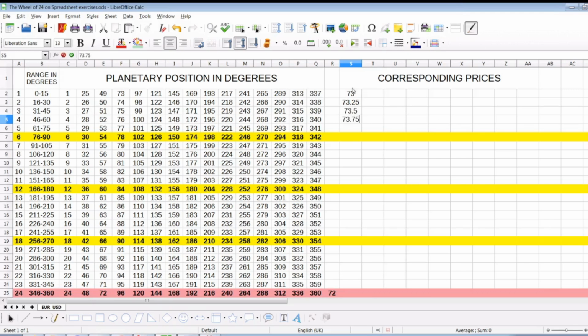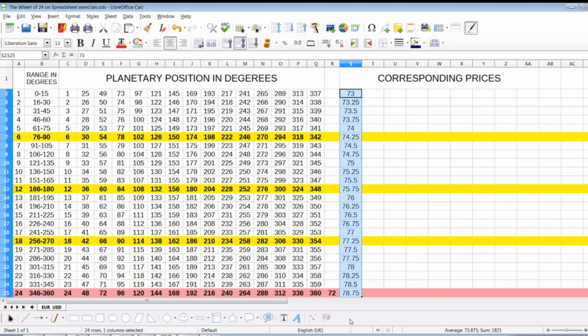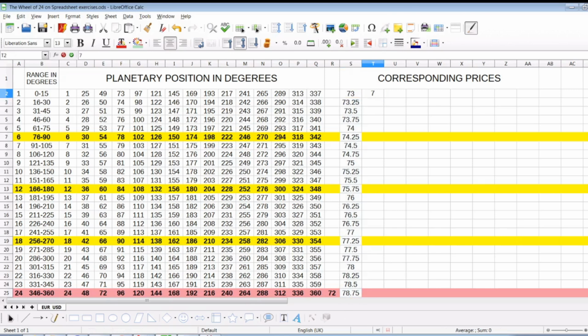Okay, and let's drag it to the bottom, to the 24th row. So we got 78.75, and obviously here should be 79. Why? Because we got 24 rows and the step is a quarter,